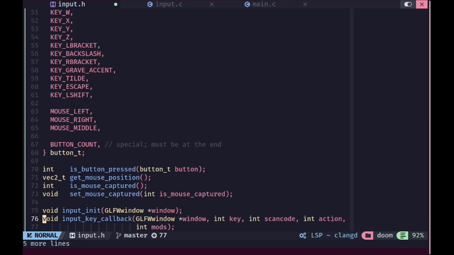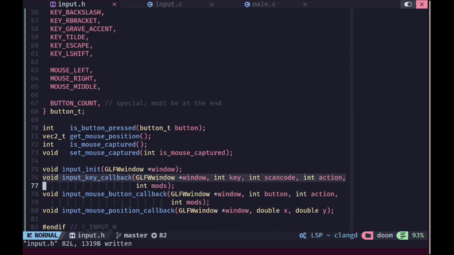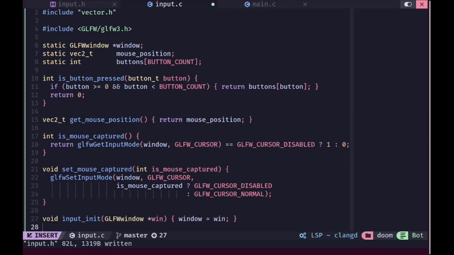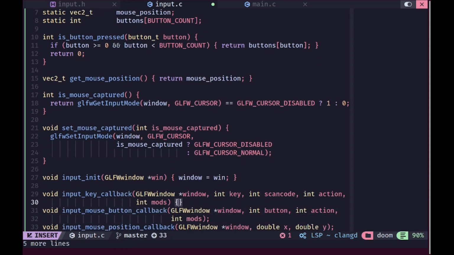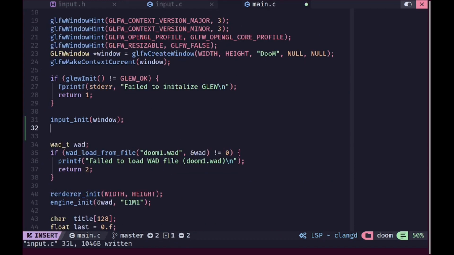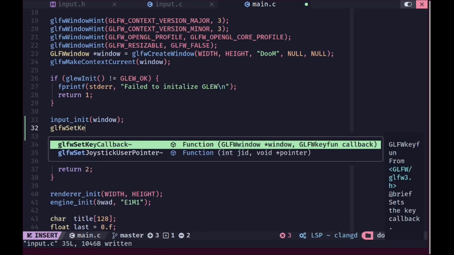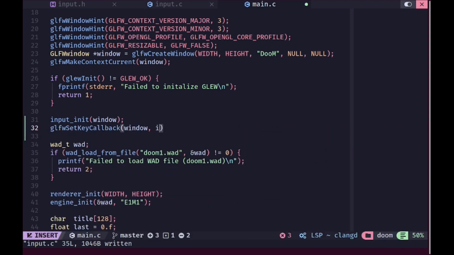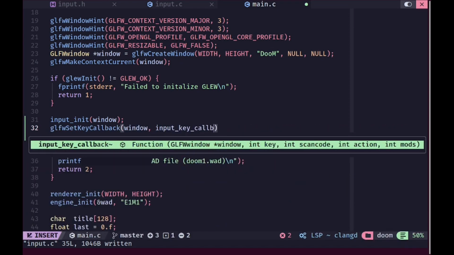So as I said, GLFW will use a callback based system, so we'll create 3 callbacks here for the key callback and the other ones as well, mouse button callback and mouse position callback. We'll generate currently empty implementations in here, and now let's go under main.c and actually set these callbacks. So we're going to use glfwSetKeyCallback and pass it the function pointer of the input key callback